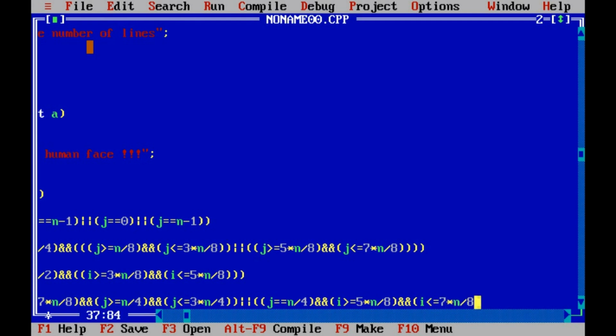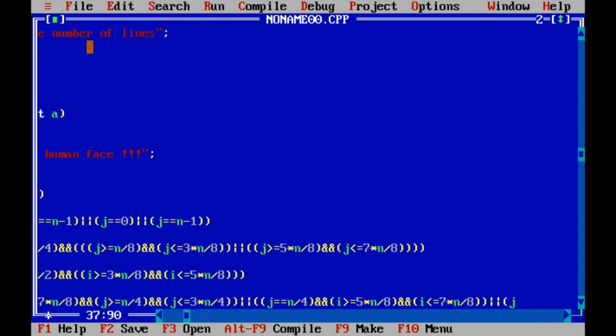This basically means that we are printing the left vertical line attached to the edge of this horizontal mouth line, and the same is to be printed for j double equal to 3n by 4.